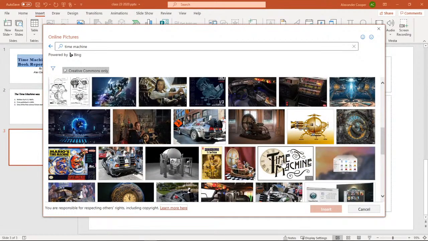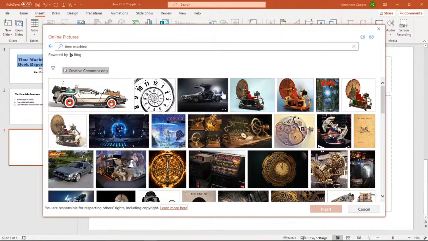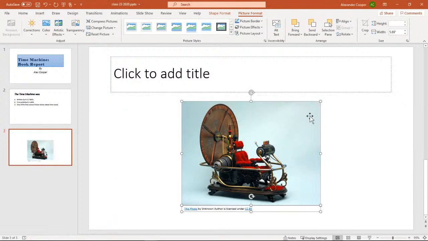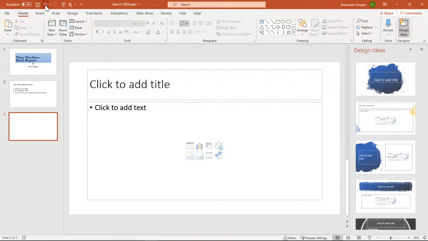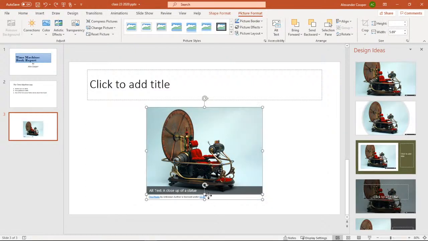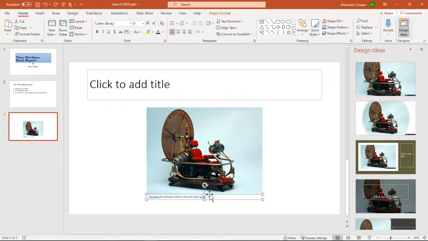Ooh, I kind of like that logo. That's pretty neat. But I know I'm talking about the book. So I know this was in the original movie from the 60s. I click that and click Insert. Boom, there's my picture. Now, if you need to, you can have this. If you don't have to have that for your project, you can delete that box as well, okay?